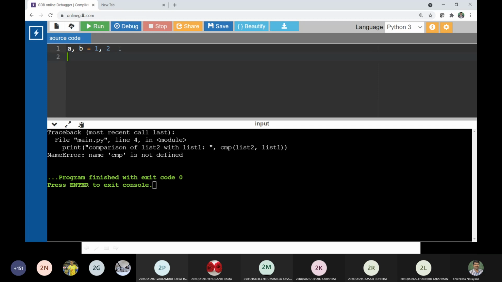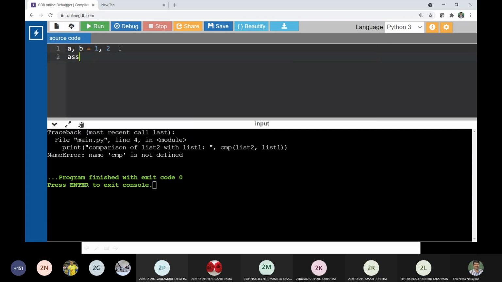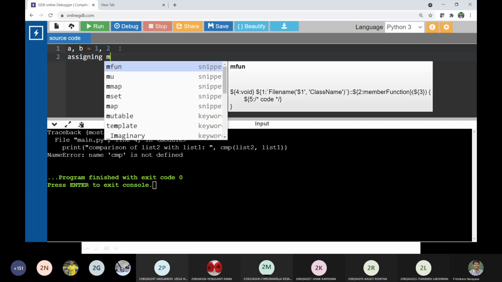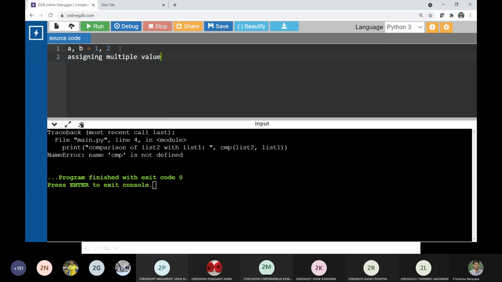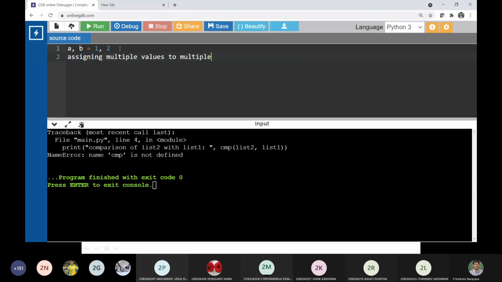This is the concept of assigning multiple values to multiple variables. And what about this?